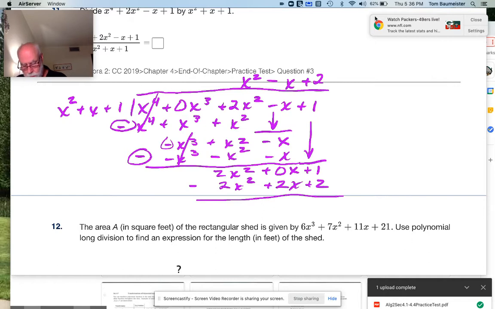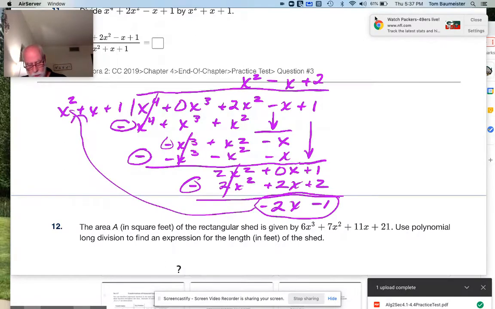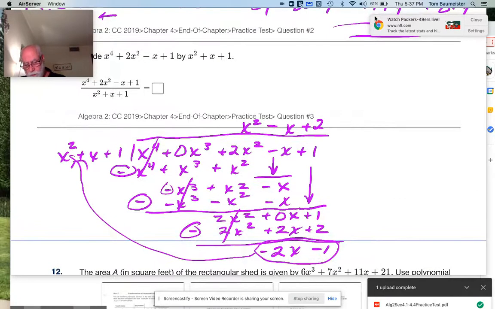And that's plus 2x. So when I do that, those are going to go away. Then I'll get 2x there. And 1 minus 2 is negative 1. And that's a minus there. So remember, this part right here has to go over our divisor, which was this right here. So our answer is going to be x squared minus x plus 2